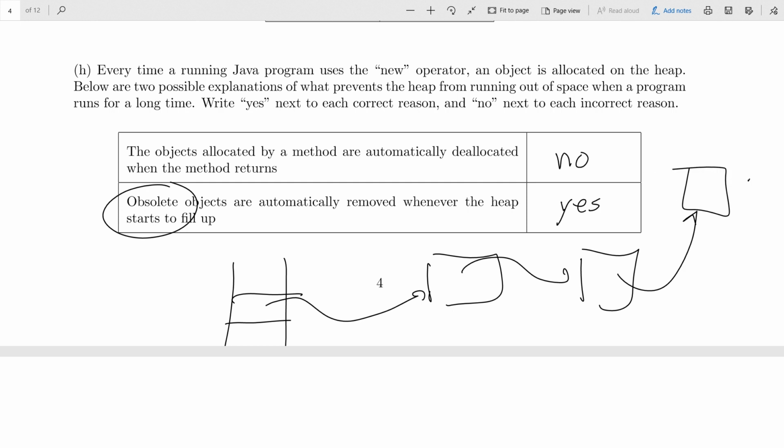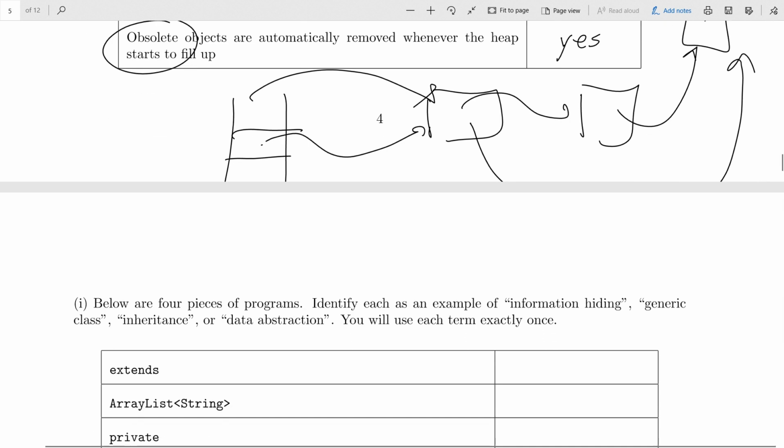To decide whether an object is obsolete, you have to determine whether there is a way to get to it by following a chain of references from the stack. There may be multiple ways to get to an object, multiple references from the stack. So a garbage collector has to take all that into account and figure out whether it is truly not needed anymore. When the garbage collector determines that an object isn't needed anymore, it wipes it out of the heap and can then reuse the space. That's a very complicated subject, though.